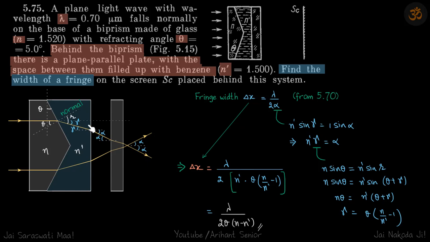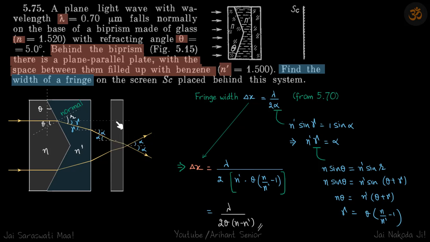Then here, again, this is liquid and this is air. So I have just separated this glass slab a little bit. So we can do that. Eventually it does not matter. So here it is air. So again, it will bend away from the normal. So let's say that is at an angle alpha, and then it hits the glass slab.